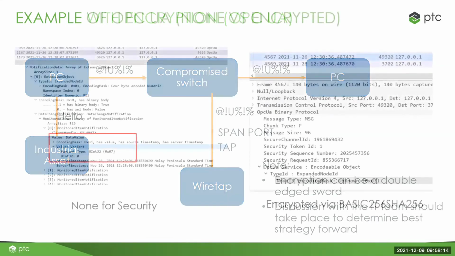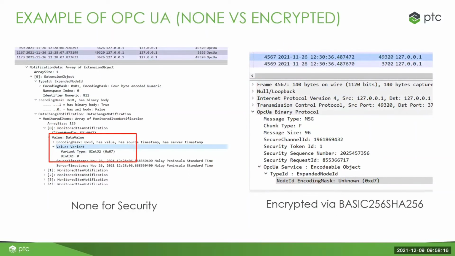As an example, this screen right here is basically a wire capture. I'm using a tool called Wireshark. On the left-hand side, you can see that I selected None for OPC UA security, so you can see every single thing. You can see that there's a data volume, there's new data coming in. The client handle is